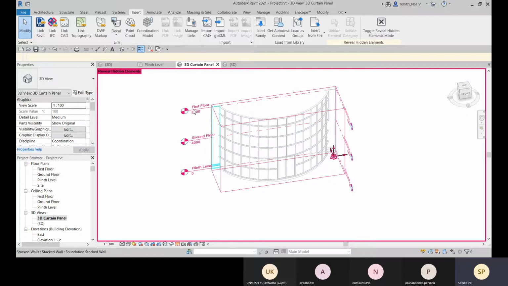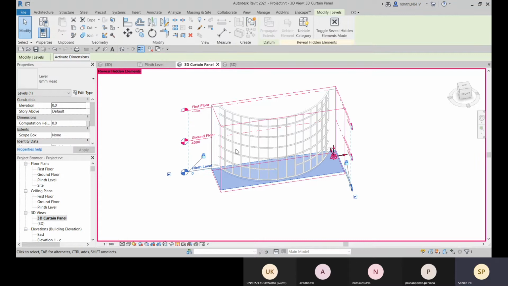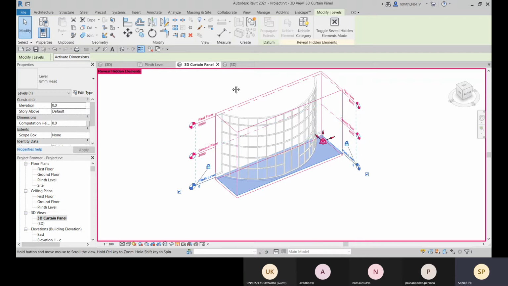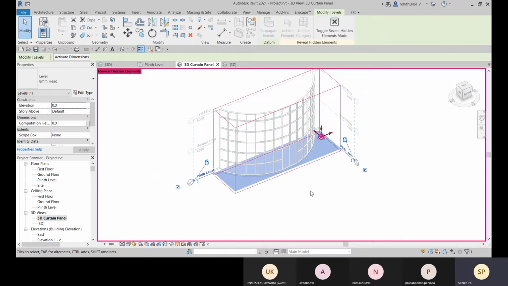Now you can select them. Let me select this level. This is selected, and just as you made it hidden with the hide category option, in the same way there will be an unhide category option, and all these are unhidden right now.